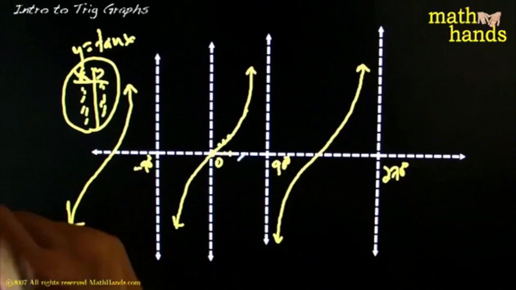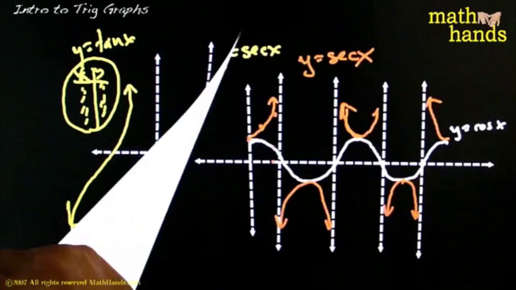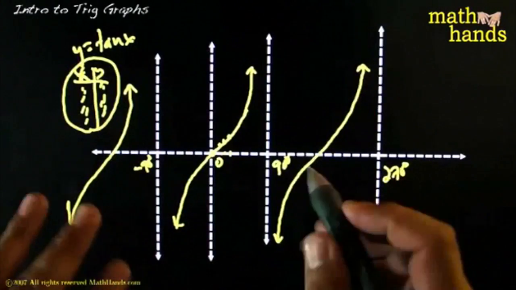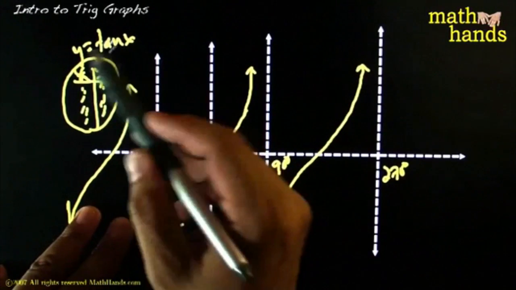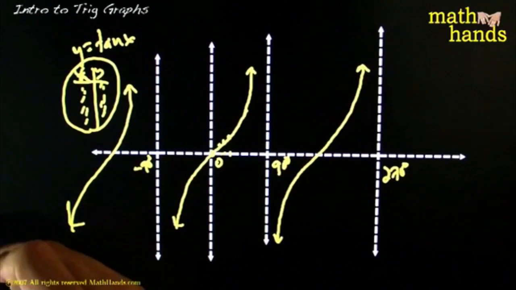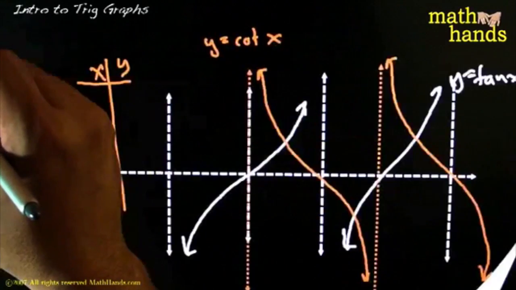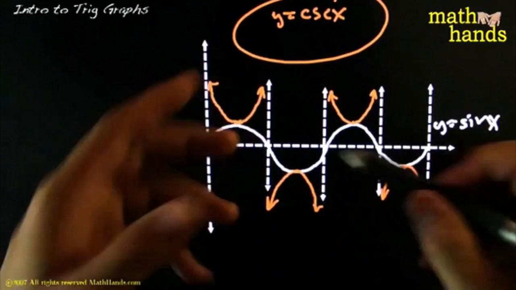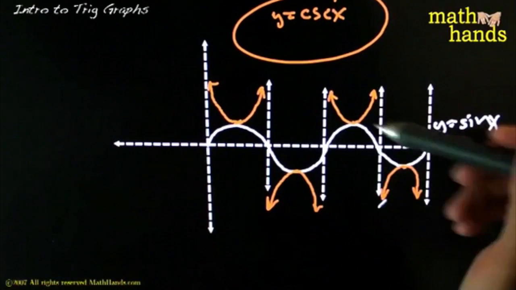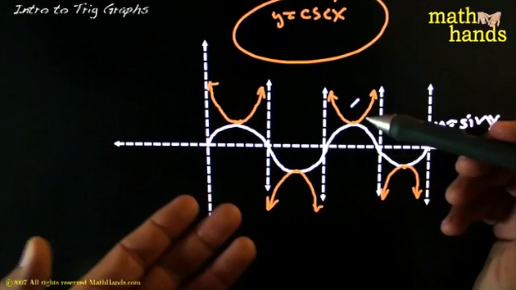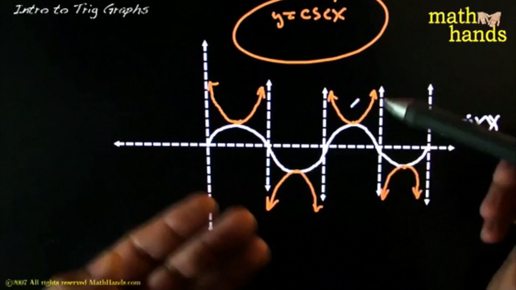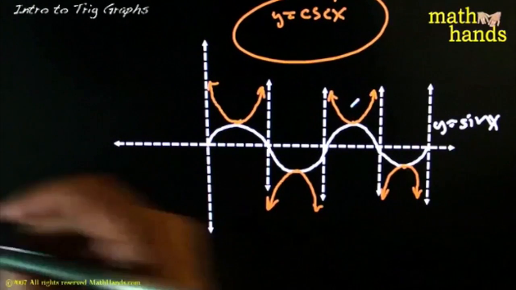The other ones, they're okay. They're famous. I can live without knowing them all the time. As long as you know how to get them back, you can always create them by just plotting points, or using the inversion idea where zeros become asymptotes and asymptotes become zeros. If you understand that concept, which is really important, you can always derive all the other ones from the two basic ones, which